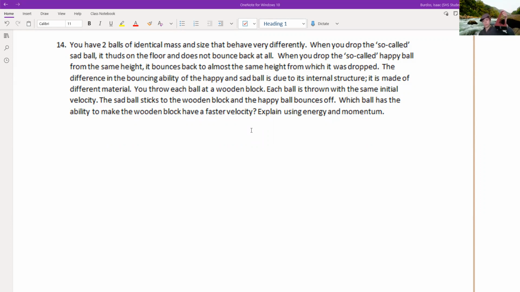So this is a metronome, but the sad ball. Wait, what does it say? The sad ball sticks to the wooden block, and that happy ball bounces off. Which of the following makes the wooden block have faster velocity? So it's like a hanging wooden block. So which one makes it have faster velocity? That one, or, don't want to mess that up. Okay. Explain using,